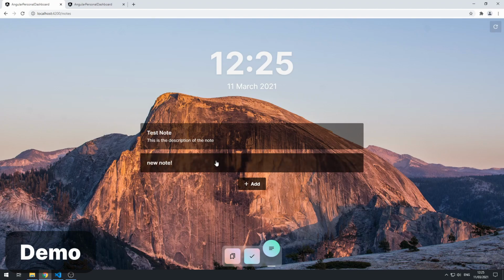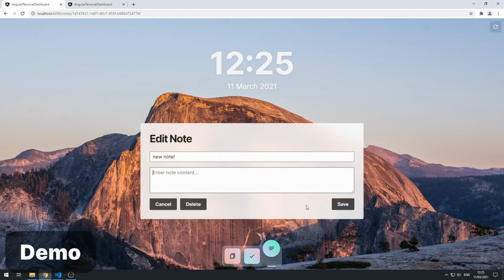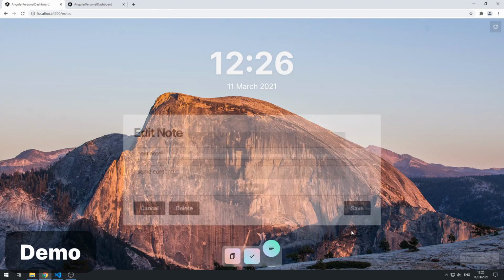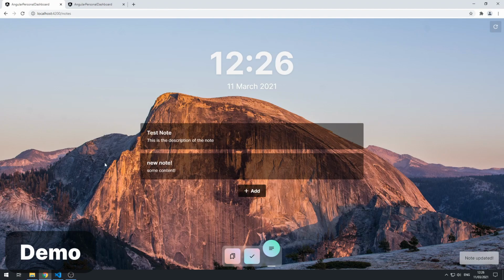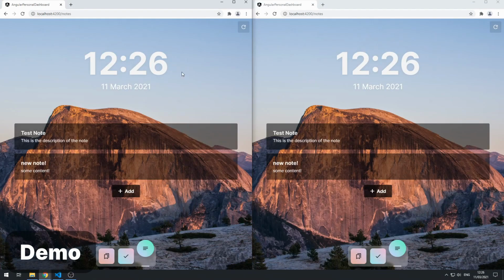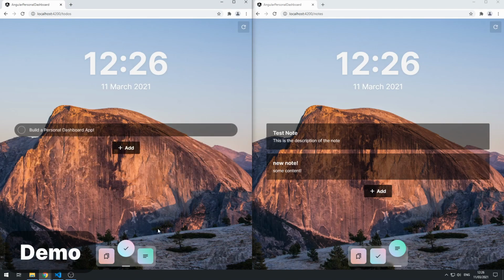Okay, and if we go here and we add some content, so some content, and click save. All right, and then we go to the second tab and we see some content has been added there. Okay, cool. And if I put them side by side, we can see that they'll be updating in